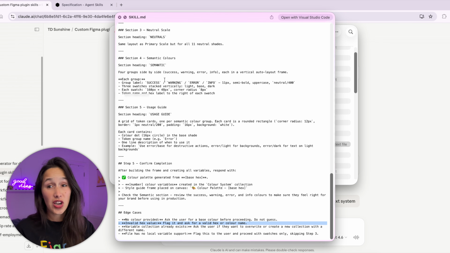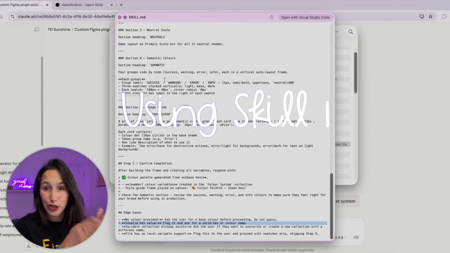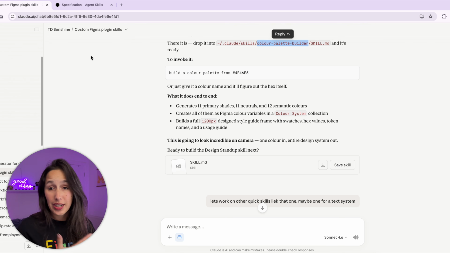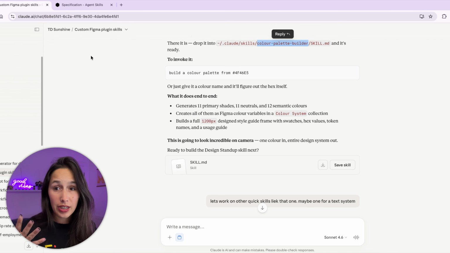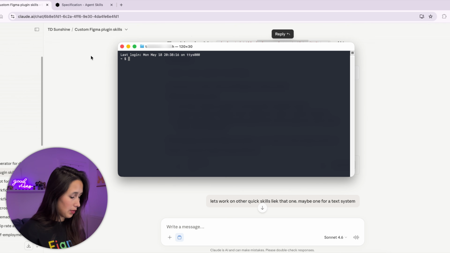And this is just a text file, so you can go in and edit things, and you can see it's just plain English. Let's move on to step 3, actually using this skill in Claude Code. Now, like I said, I'm using Claude Code in the terminal, but if you're using it elsewhere, this works just the same. So I'll open my terminal and then